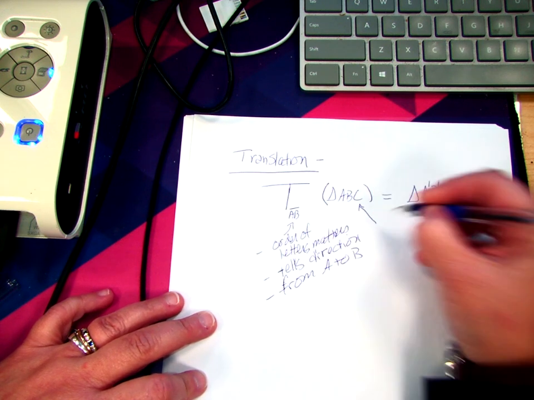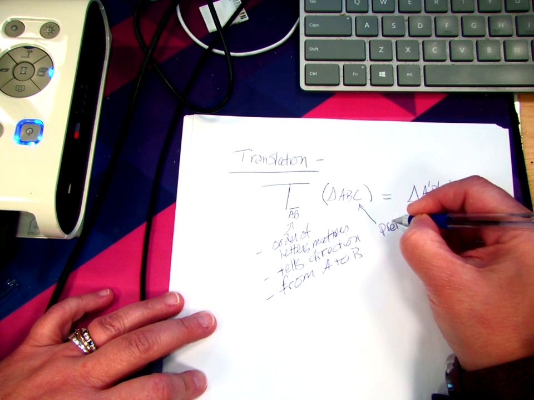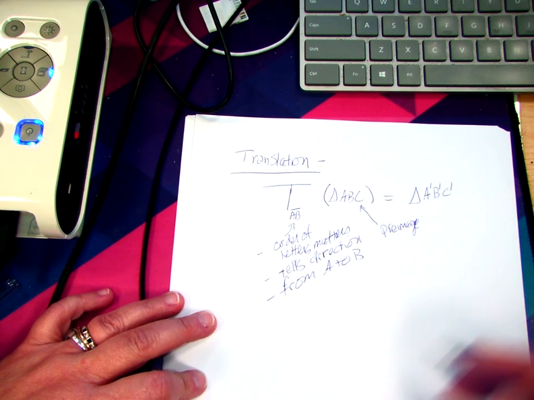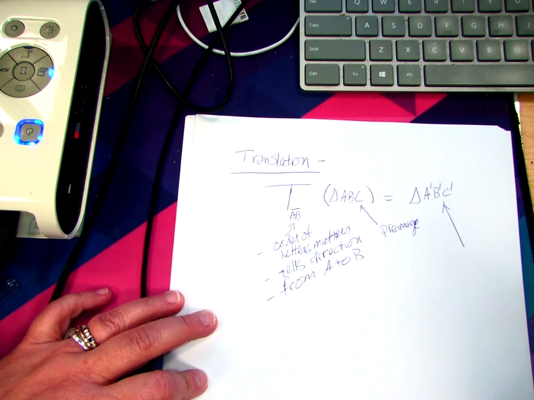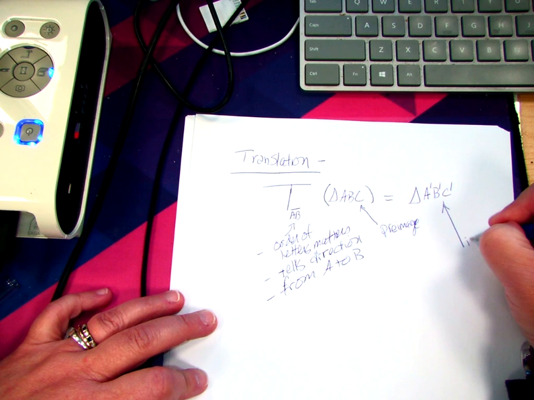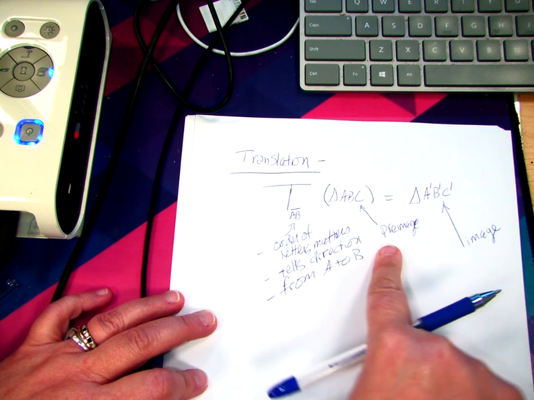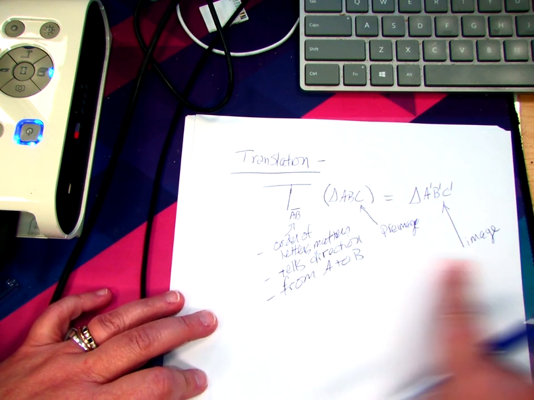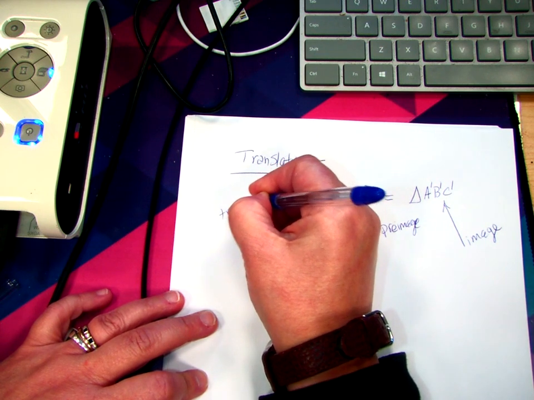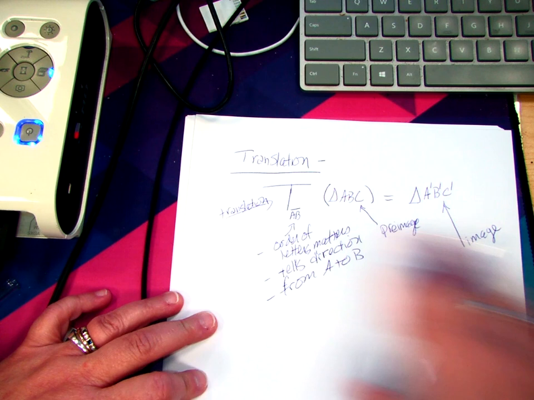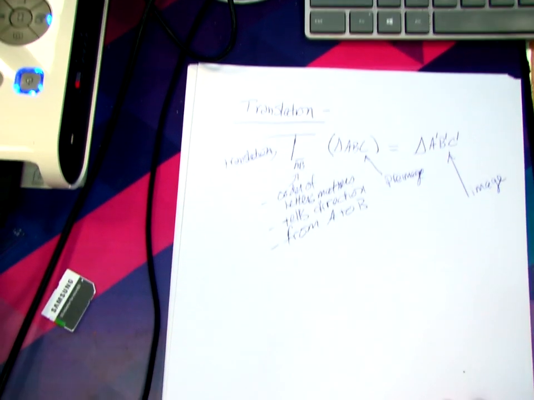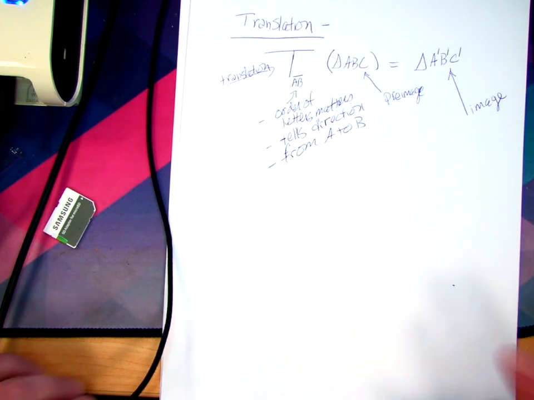Alright, this is your pre-image. Before we start moving the object around, that's called our pre-image. Okay, and this, where we use that prime notation, that's what that is. This is the image after it's moved. Okay, so before we move it, it's the pre-image. After we move it, it's the image. The T just tells you that this is a translation. Okay, this is the slide movement. Okay, so we're going to